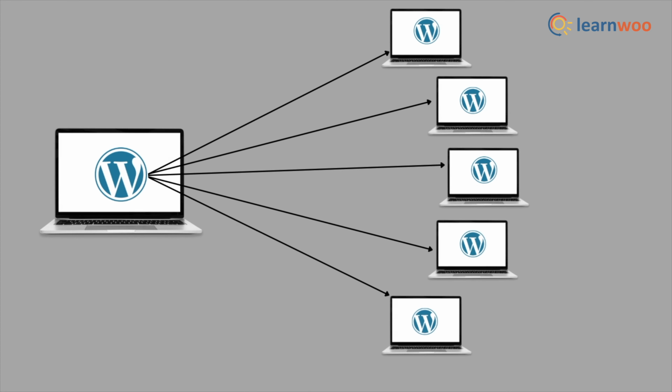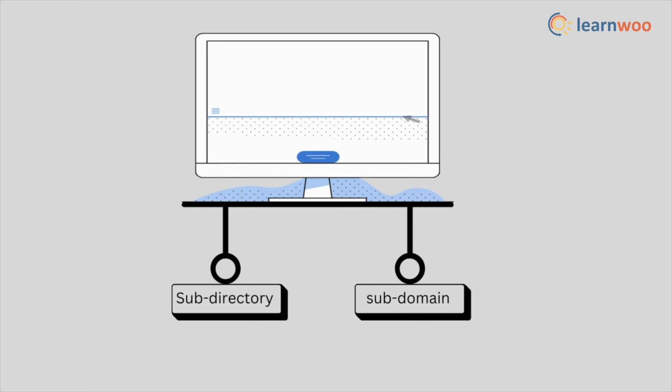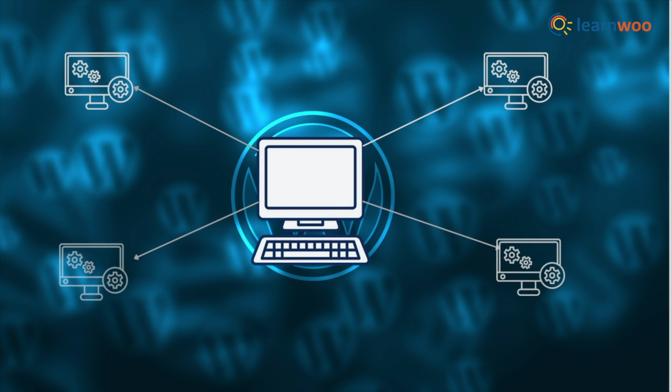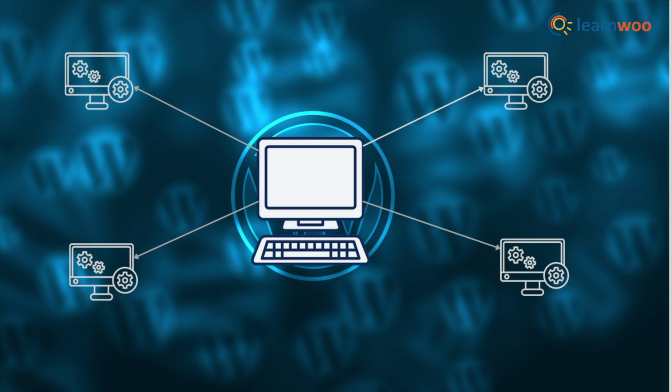Well, before we jump to the tutorial, let's first know what is a WordPress multi-site. WordPress multi-site allows users to create multiple related sites with a single WordPress installation. Now, you can create any number of child sites with either a subdirectory or a subdomain. Multi-sites are mostly used to create a centralized system to manage multiple sites at once. That is done by a super admin who has control over the plugins and the themes to be installed